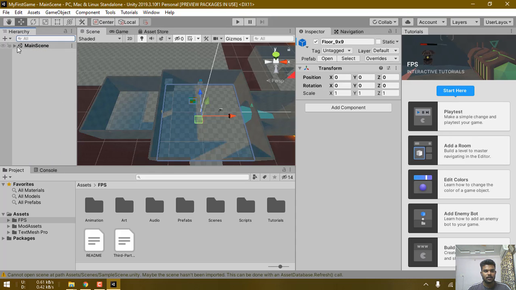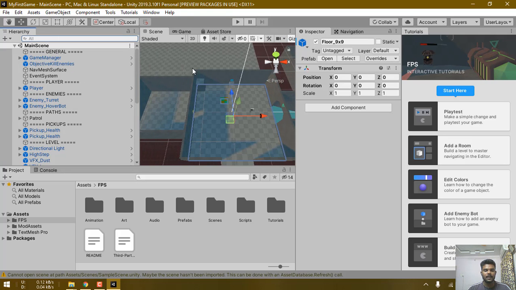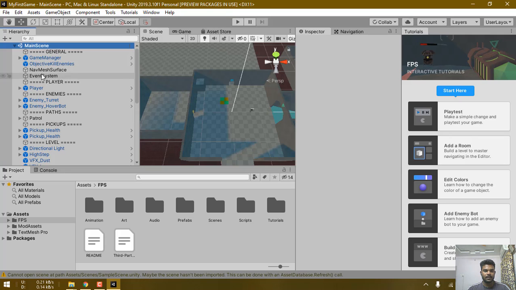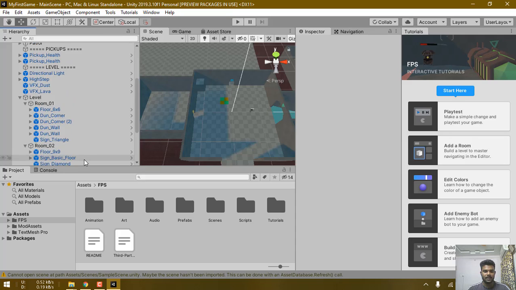Okay, so this is the hierarchy folder. Let me zoom it. Here, this is actually a pre-built Unity project which I clicked on during the installation. If you haven't seen that, please watch my previous video for that. So in this, the main scene is the parent hierarchy for everything, and these are the little objects which are created. Don't worry about all this. In future we will also create this for our augmented reality applications.